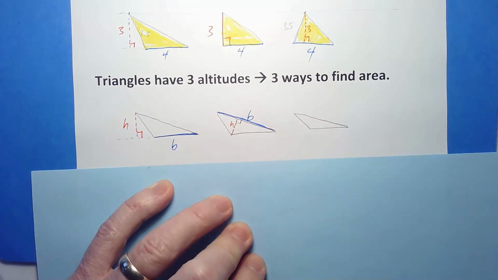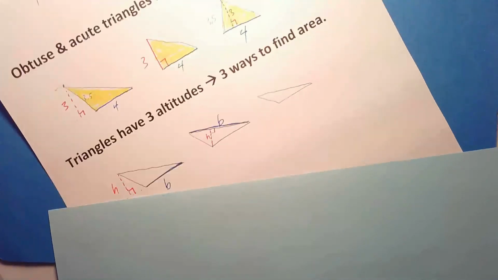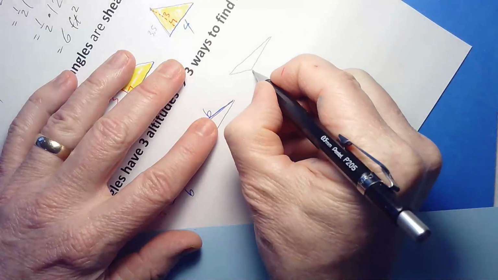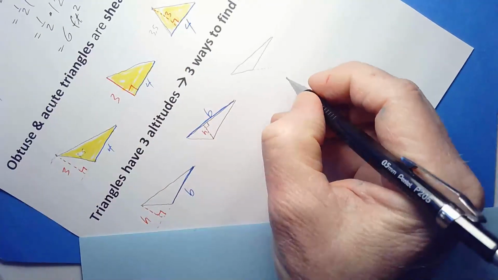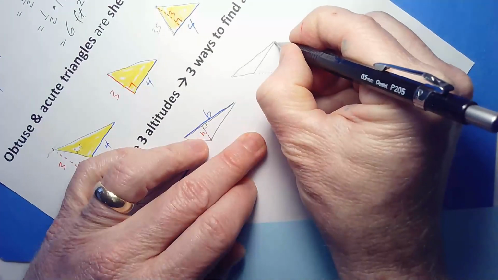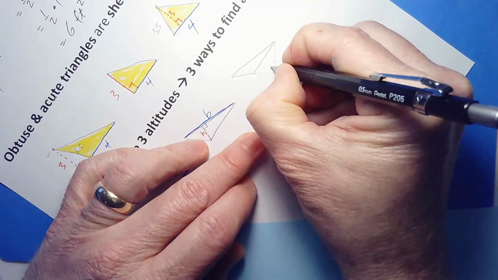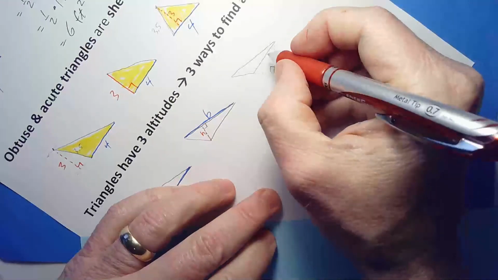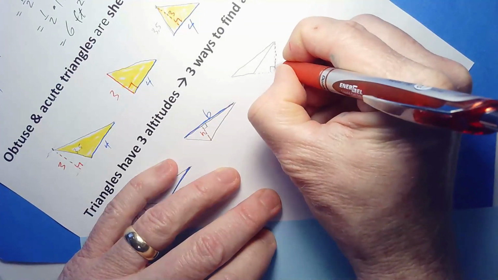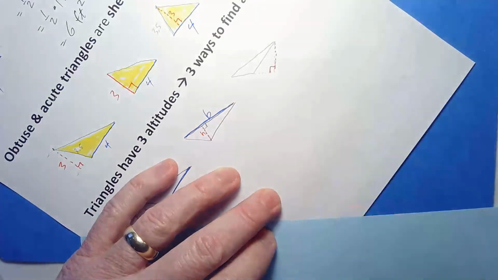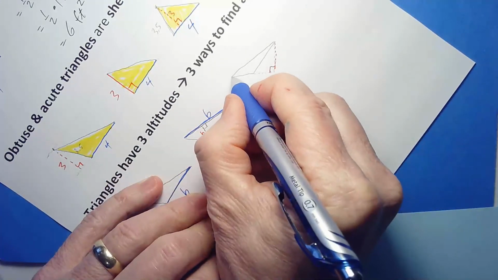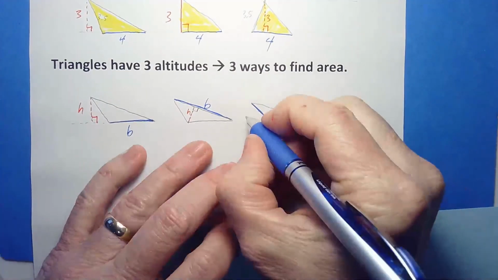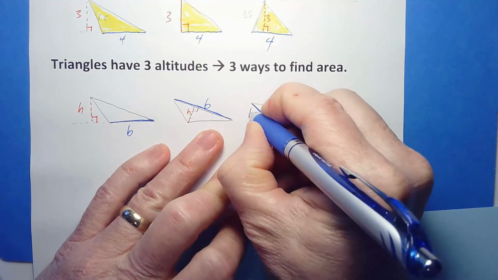There's even one more way I could have done this, which is, again, same triangle coming off here, okay? This one, I'm going to kind of turn my triangle a little bit so you can see it. Now let's see this, right? Here's this. Now again, I have to extend my base, extending the base so that I can then get a right angle there. Here's my right angle. So here's my right angle. Again, this time I'm calling this my height. So this side is my base, right? You know, there are times that one or the other might be more interesting, or sometimes it's all we know,